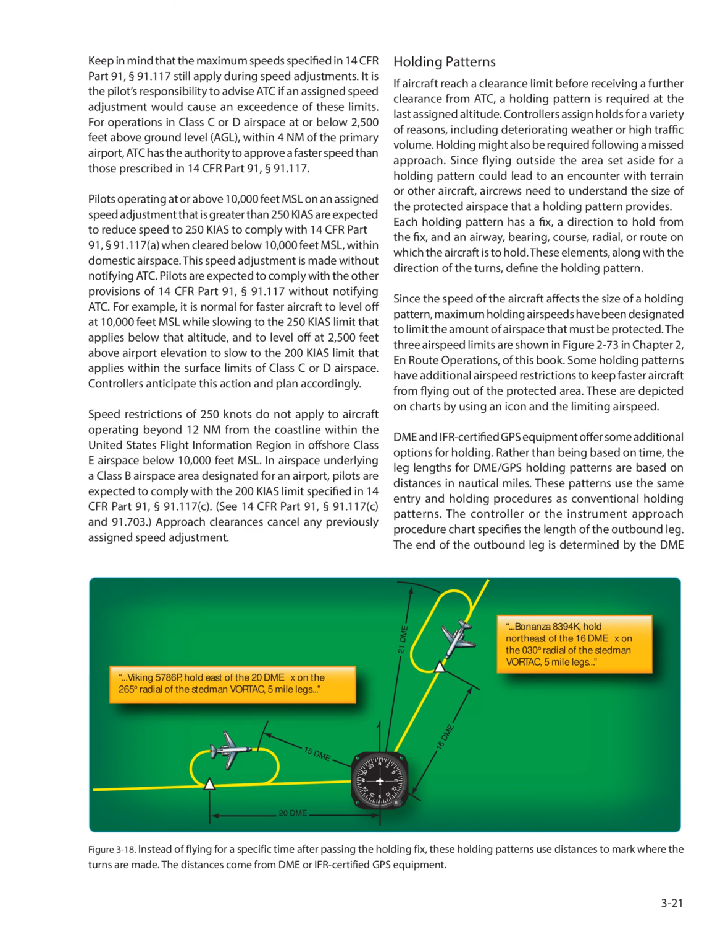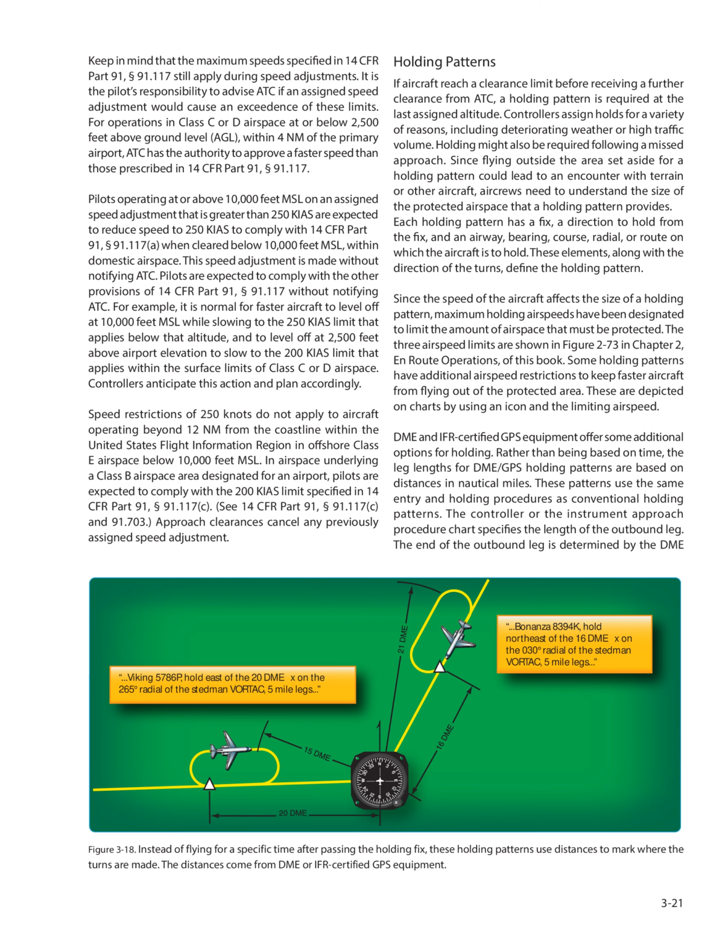Keep in mind that the maximum speed specified in 14 CFR Part 91, Section 91.117 still applies during speed adjustments. It is the pilot's responsibility to advise ATC if an assigned speed adjustment would cause an exceedance of these limits. For operations in Class C or D airspace at or below 2,500 feet above ground level, AGL, within 4 nautical miles of the primary airport, ATC has the authority to approve a faster speed than those prescribed in 14 CFR